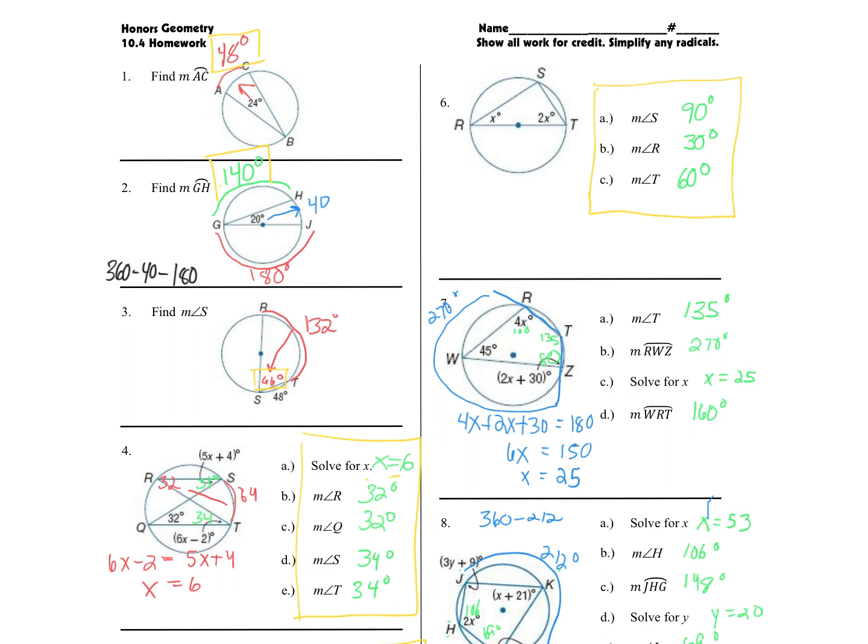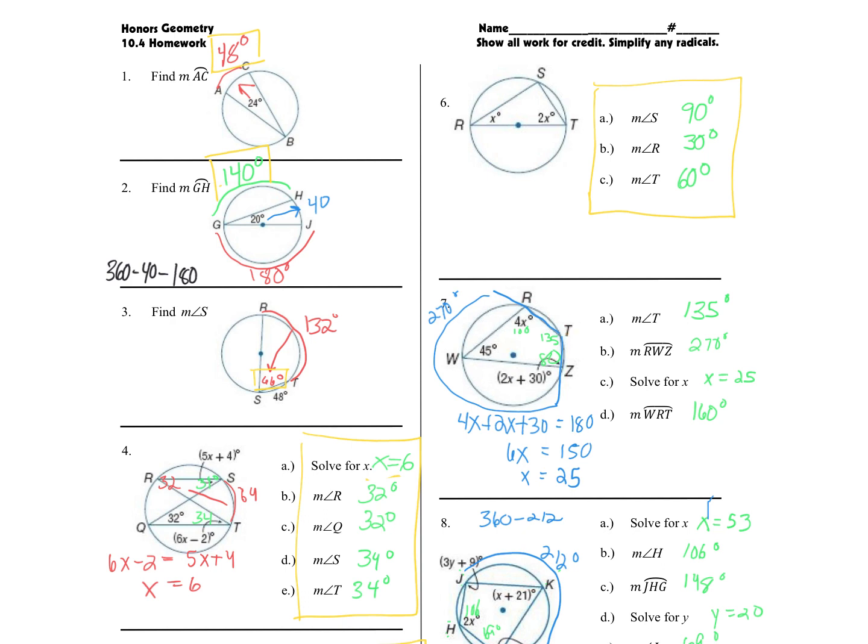And so we would know that this angle and this angle are supplementary. So I set up the equation 4x plus 2x plus 30 equals 180 and solve that equation to get x equals 25. And then it asked me to figure out the measure of arc